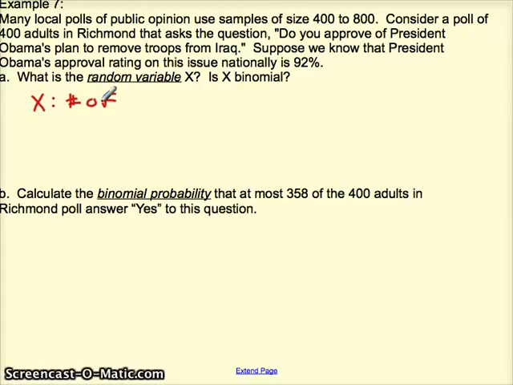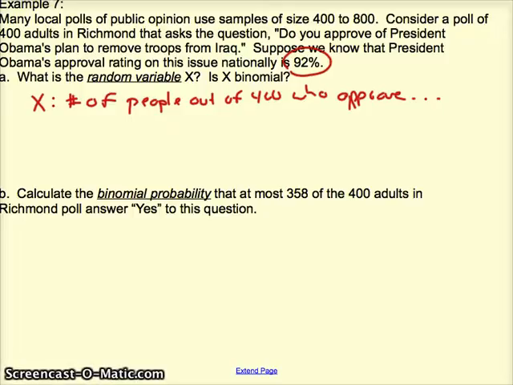Right, it's the number of people out of 400 who approve, if I can write, who approve of its plan to remove troops from Iraq. Is it binomial? Well, let's think through it. You have to do this in context, right? Are there a fixed number of trials? Yes, we're talking to 400 adults. What's the probability of finding an adult who agrees with the statement? Well, we're presuming we know 92% of adults agree. So if we pick an adult at random, as far as we know, there's a 0.92 probability that